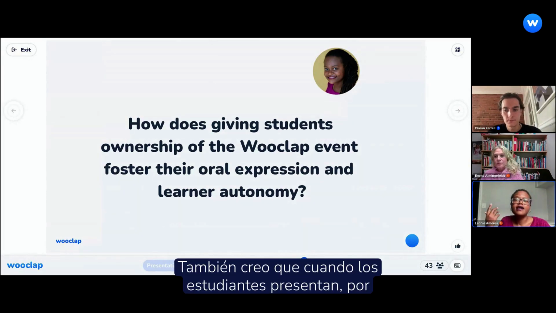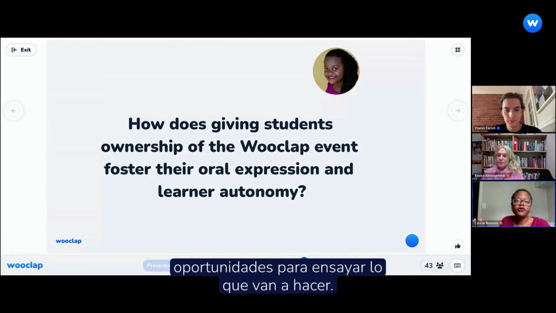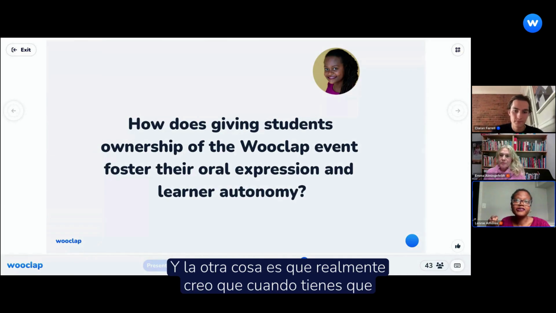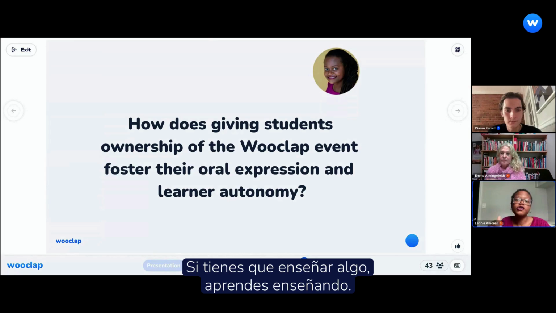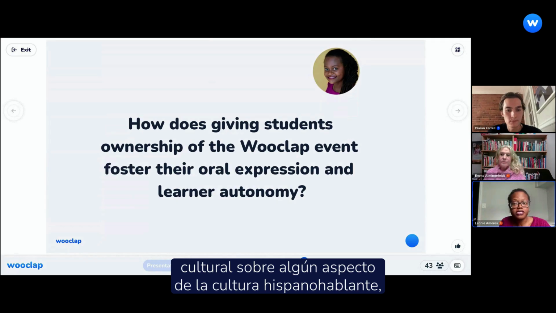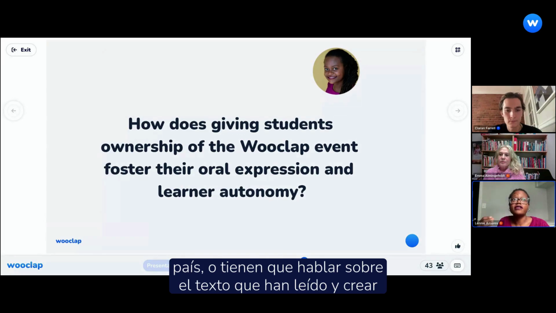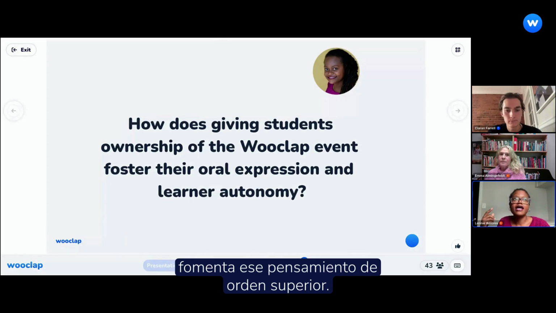I also think when students present, of course, they're going to practice and they have more opportunities to rehearse what they're going to do. And the other thing is, I really believe that when you have to explain something, when you have to teach something, you learn by teaching. So if students have to give a cultural presentation on an aspect of a Spanish speaking country, or they have to talk about the text that they've read and create questions, polls, and other kinds of questions for the students, it really gets to that higher order thinking